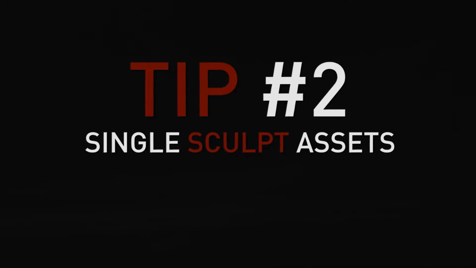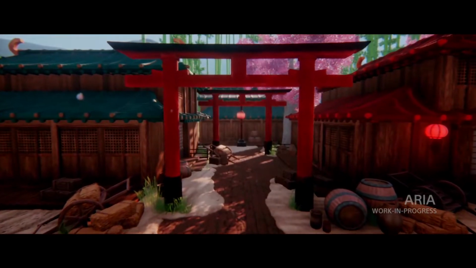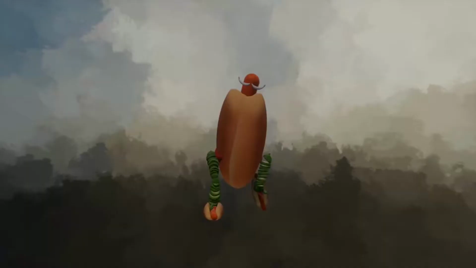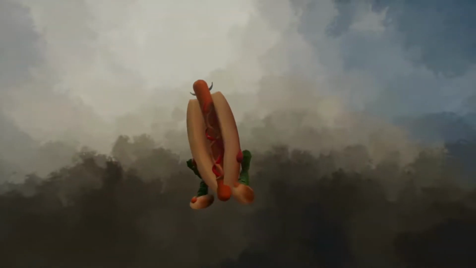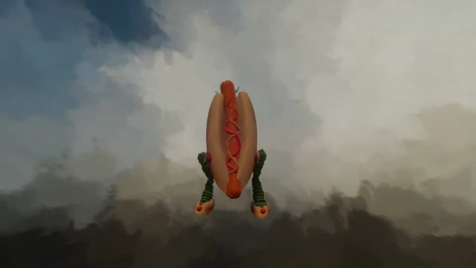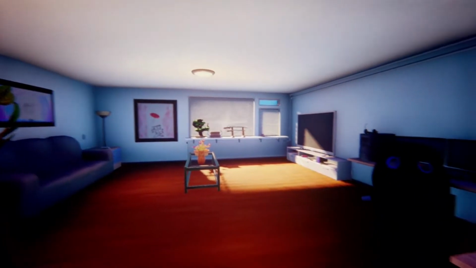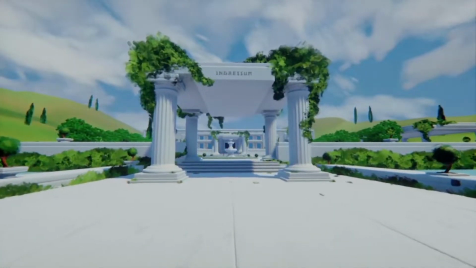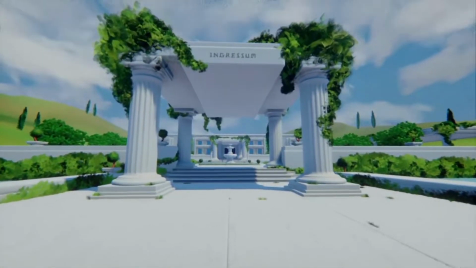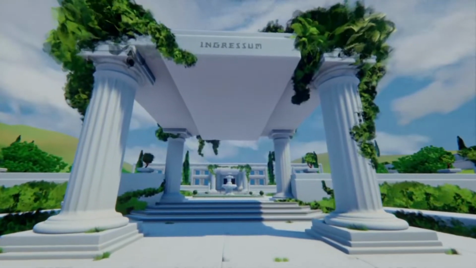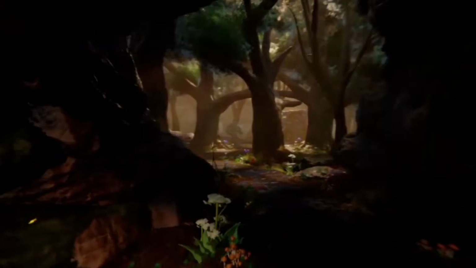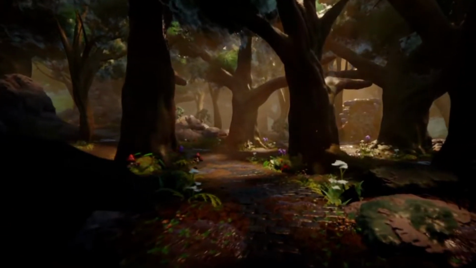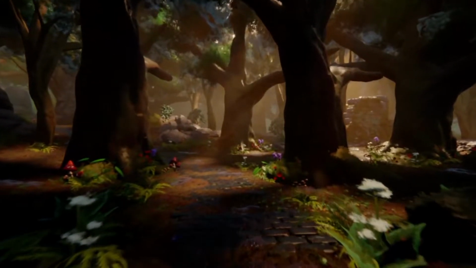Tip two is something that I even learned myself in a very hard way. I was starting small in Dreams. I made small sculptures. Eventually I moved up a little bit to make my own apartment. Then I moved up a little bit more and made my first museum, like a museum part. That was my very first bigger creation. And then I stepped a little bit more up, and I made a forest, Once Upon a Time Forest. You can check that one out. That was a very ambitious creation that I had.